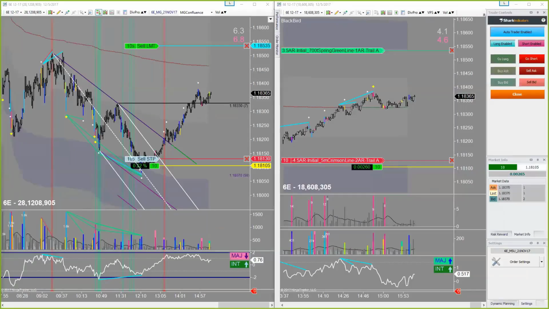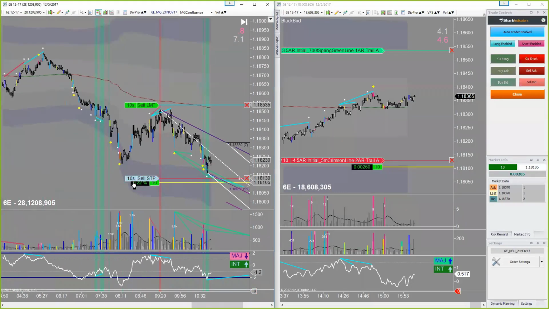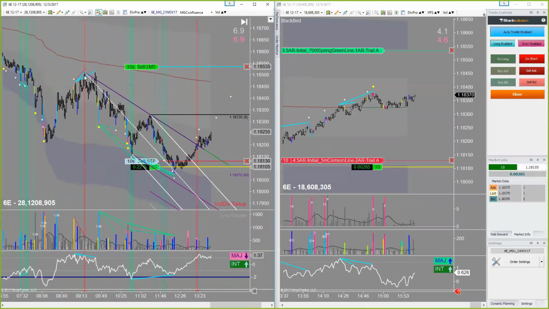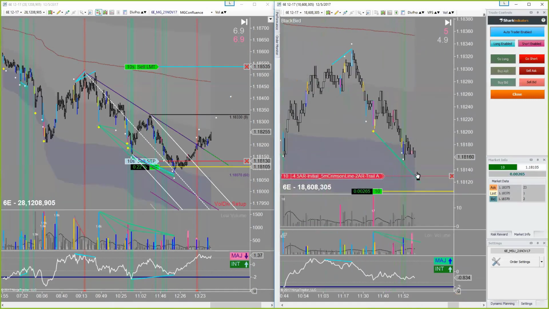And in the 6E, I'm long right now from this low. I had gotten long earlier. No, I had gotten short earlier right here. I got short here, and then I closed it right here before it took off and broke the low. I don't know why I did that. And then once I see this,